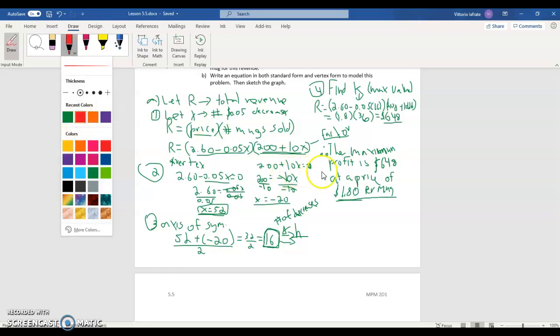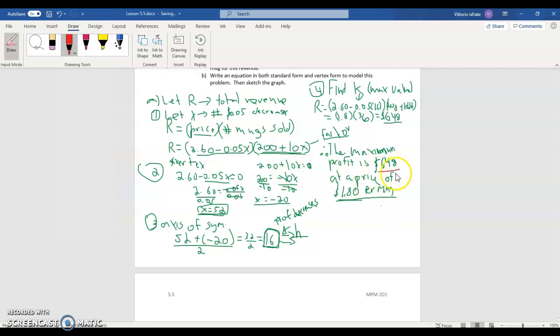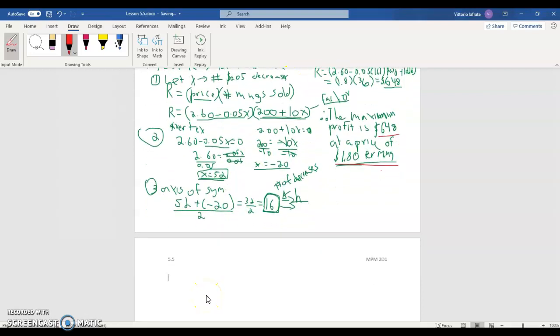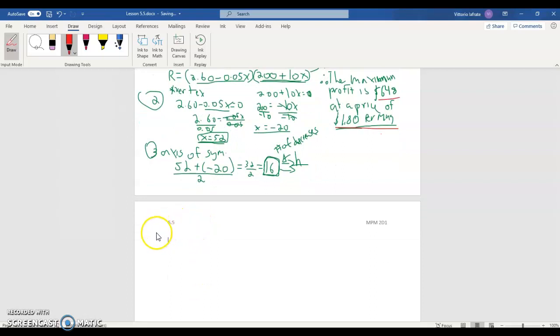So remember that we had found the maximum value was $6.48 with a price of $1.80 per mug. Now we need to find the equation in both the standard and the vertex form. So we already know some information here. So I'm going to start off with the vertex form. What we know for sure is that our